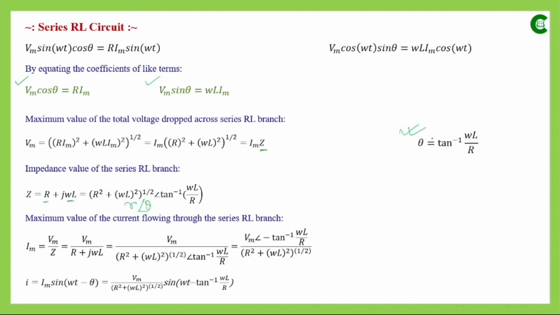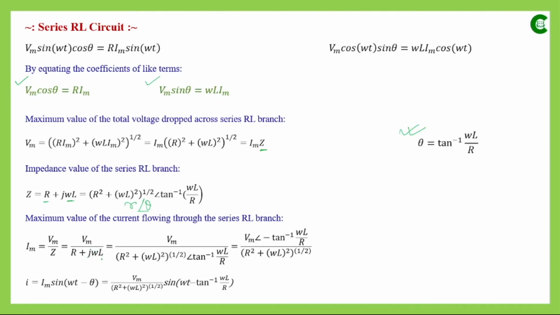So this theta value, tan inverse omega L by R, is the phase difference between the total voltage of that RL path and the current that flows through that RL path. In the previous line we represented the peak value of the voltage in terms of the peak value of the current. If we want to find the peak value of the current in terms of the peak value of the voltage, we can do it this way. Im will be equal to Vm by Z, where Z is R plus j omega L, a rectangular representation. As I have already discussed, when we do multiplication or division, it is easier if we represent the quantities in polar form. If the data is represented in rectangular form, it is first transformed into polar form, and then we do the rest of the calculation. So since we are dividing here by the impedance value,